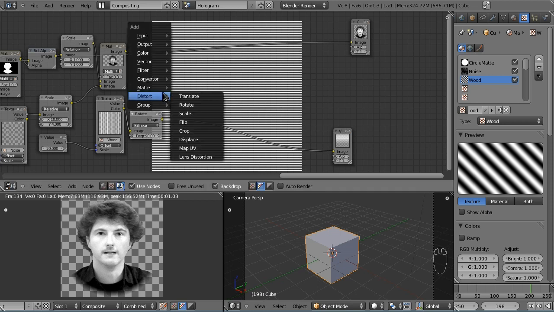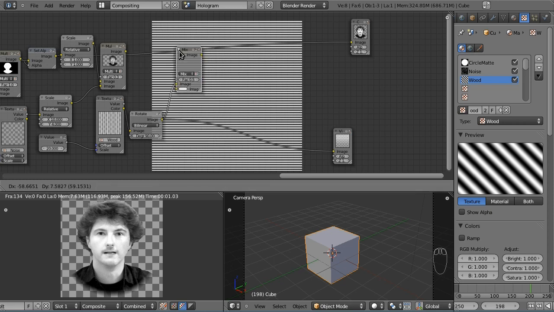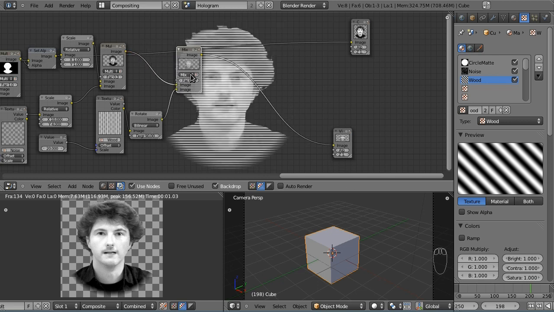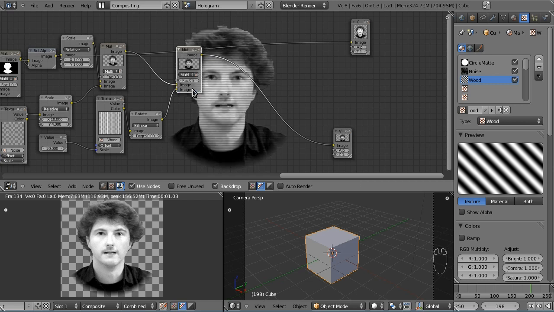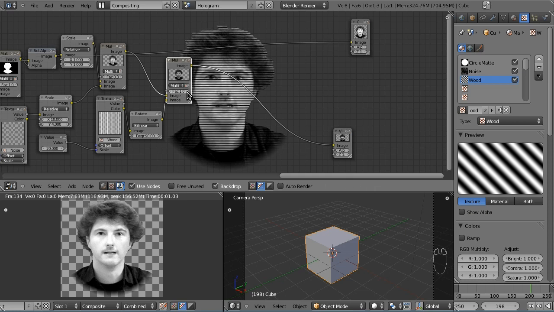And now things become very easy, because we just once again need to multiply it over our original image. So once again, image on the top, the other thing onto the bottom, and let's multiply it. Set it to multiply, and now we need to find a good value, and I say let's increase the effect value a little so that the effect becomes stronger. So maybe 1 might be a little strong, or well, we'll see once we are changing the colors, because of course our hologram is blue,